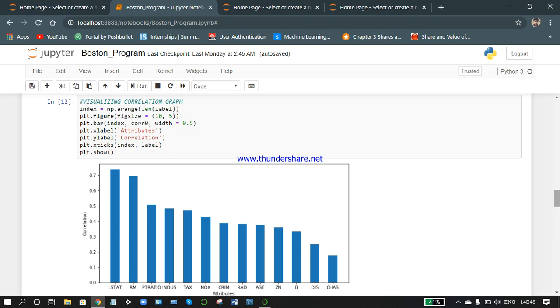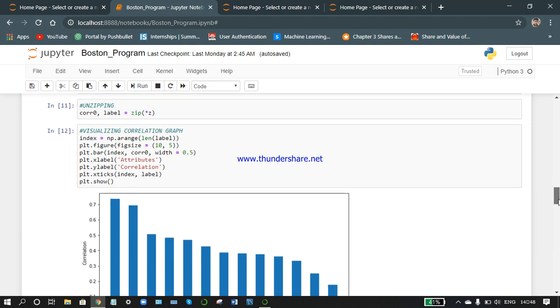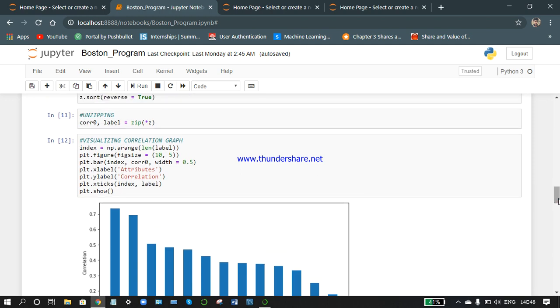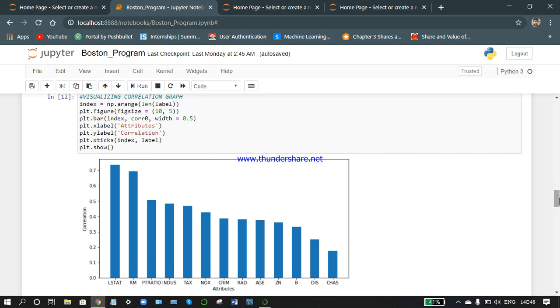label, and what is label, we need to understand what is label. You can see here, while unzipping, correlation and the labels. These labels are nothing but the independent variables. So length of independent variables is nothing but the index, and figure size 10 comma 5. This is the aspect ratio. That means the horizontal is 10 and vertical is 5, and plotting the bar graph with